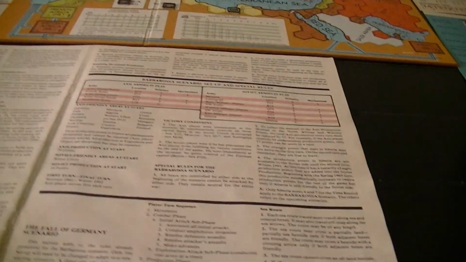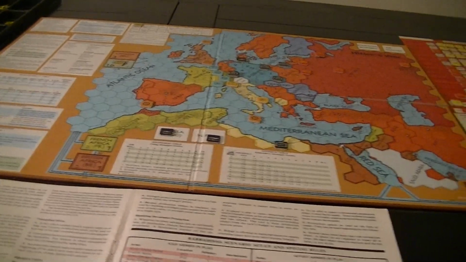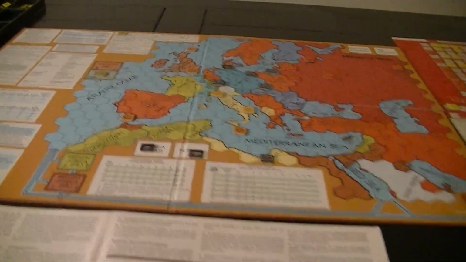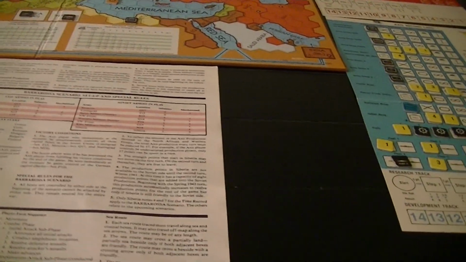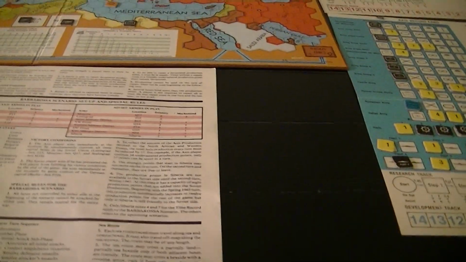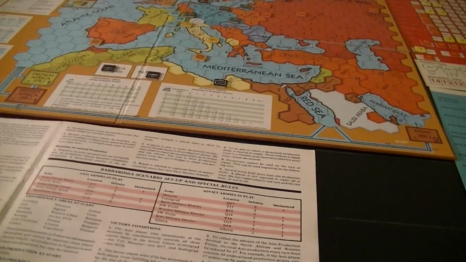All right, the next scenario that they start going into focuses on the fall of Germany. It's going to require that you start dealing with naval rules here. Of course, naval rules are my big bugaboo. What do we add here? Well, the problem here is that they retract a lot of these rules later. But essentially,